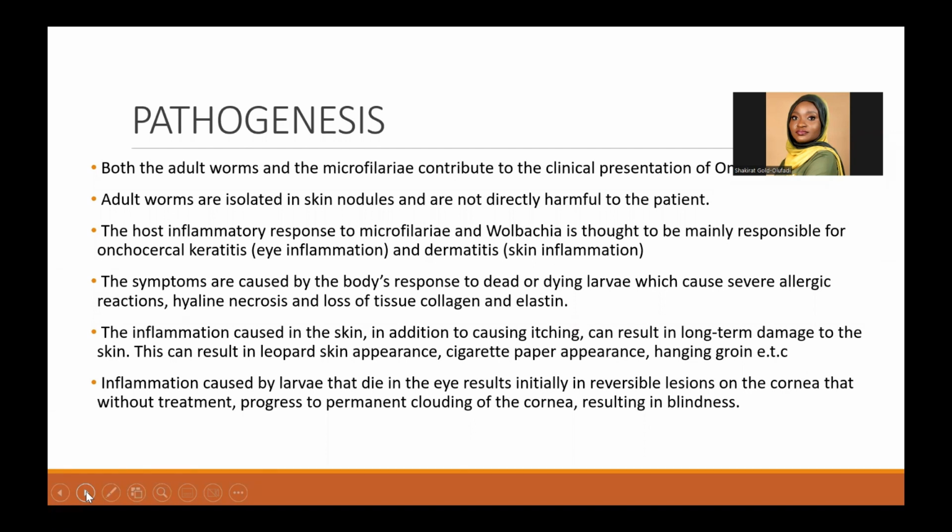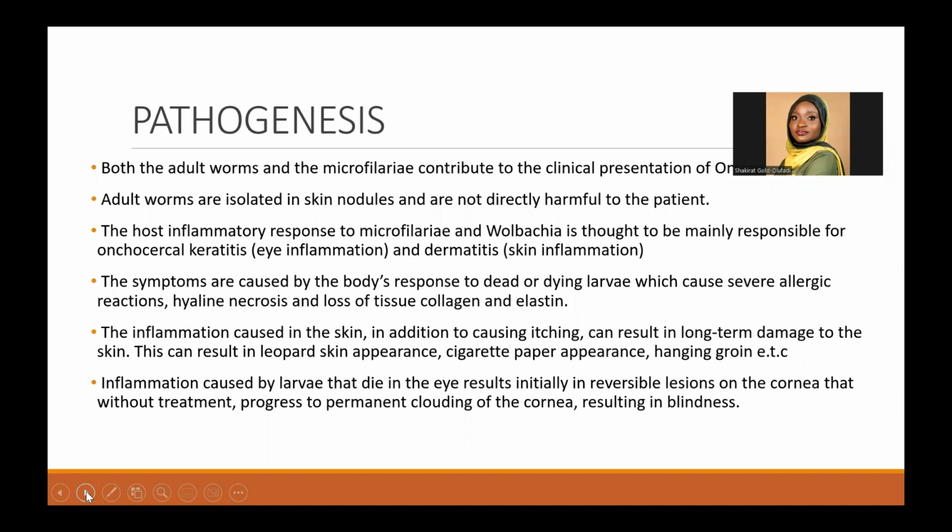Those are the ones that cause inflammation of the eyes, what we call onchocercal keratitis, and also skin inflammation known as onchodermatitis. And these symptoms are caused by an immune response, or the body's inflammatory response to the dead or dying larvae. After our immune system kills them off, or they die on their own, the dead larvae cause severe reactions in the body, which result in the symptoms that we get of itching,